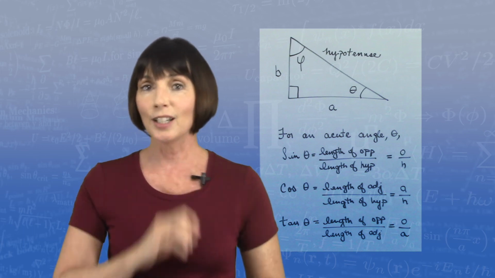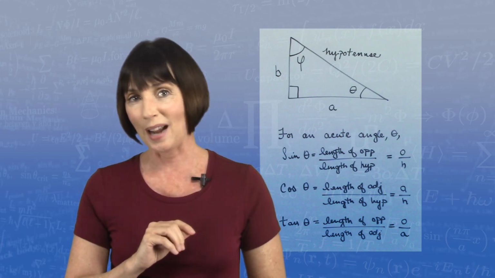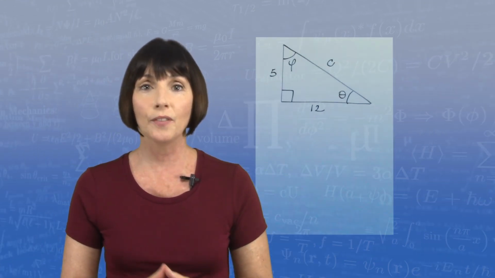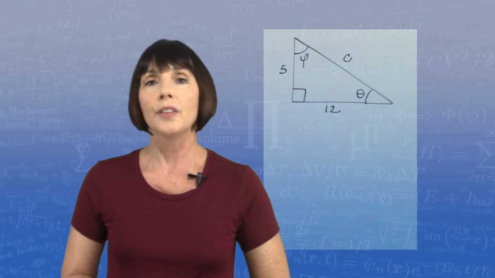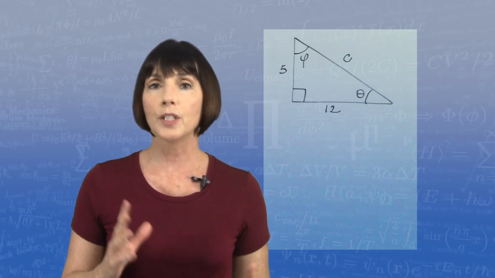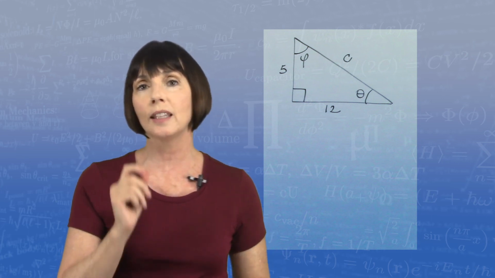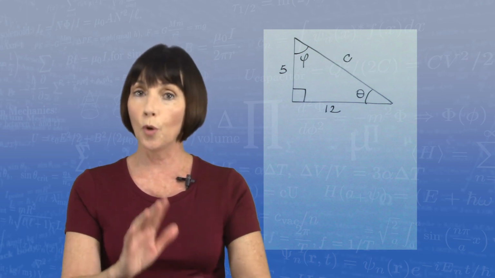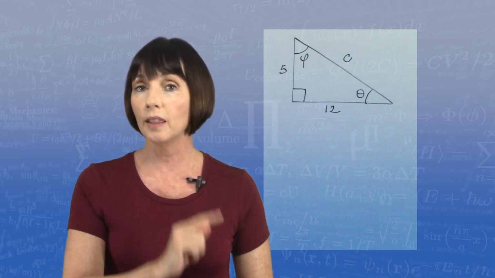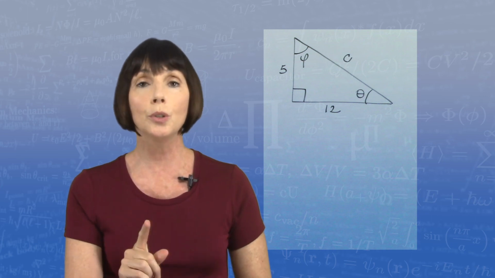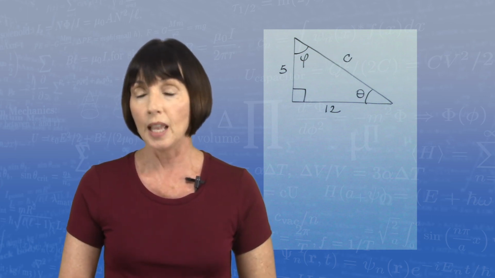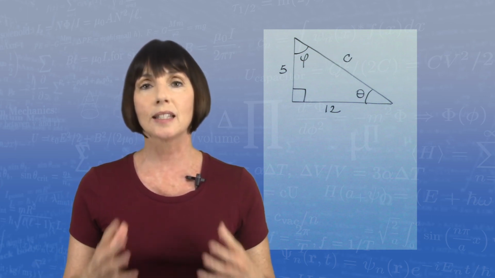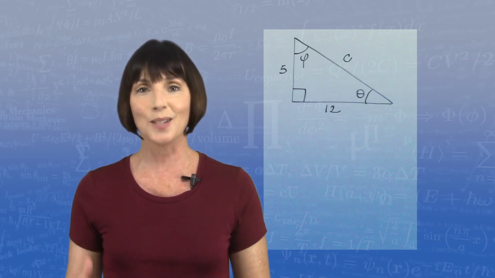Now, let's take a look at an example and put this into practice. We have a right triangle here. The lengths of the sides are 5 and 12, and we're going to find the sine, cosine, and tangent of both of our acute angles. Now, before we start, though, we have to find the length of the hypotenuse, and we can do that with the Pythagorean theorem. The Pythagorean theorem says that the sum of the squares of the sides equals the square of